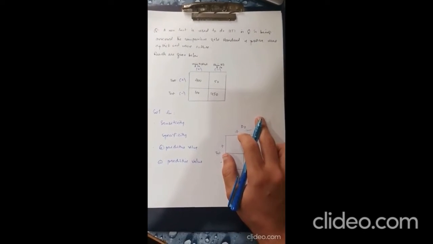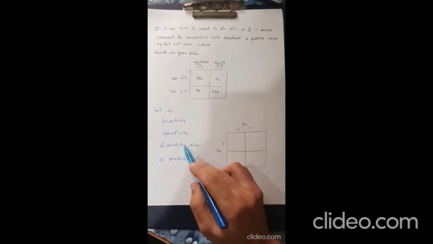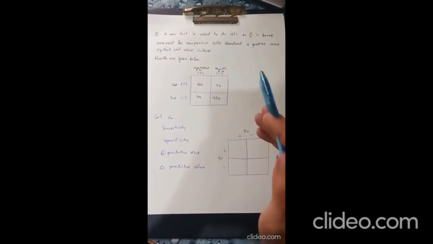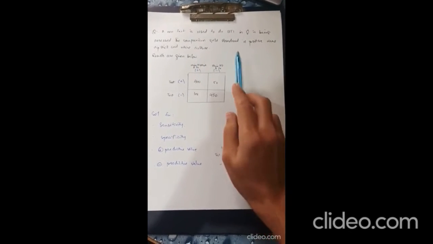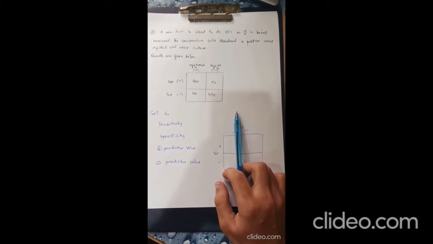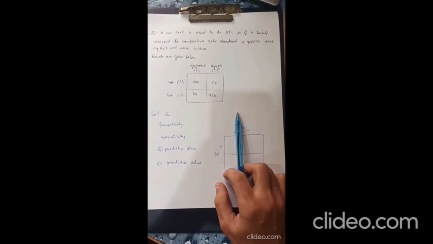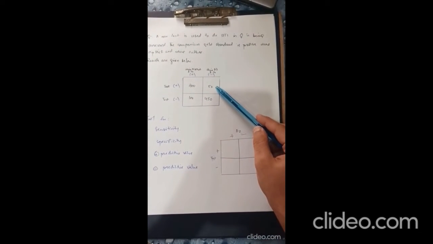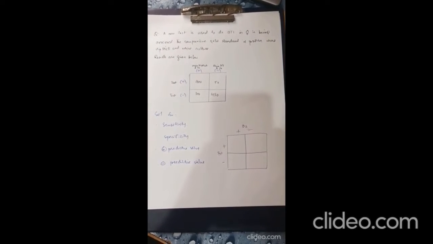Hi guys, today we are going to learn about sensitivity, specificity, positive and negative predictive value with the help of this question. So let's jump in. A new test used to diagnose UTI in women is being assessed. The comparison gold standard is positive urine dipstick and urine culture. Results are given below in 2x2 table format. So first let's understand how to draw a 2x2 table, and from there how to derive the equation for all